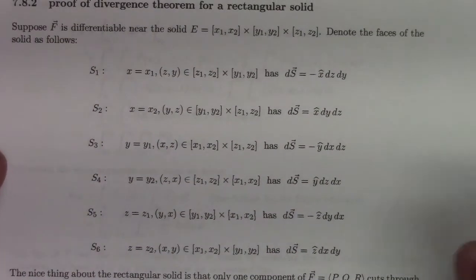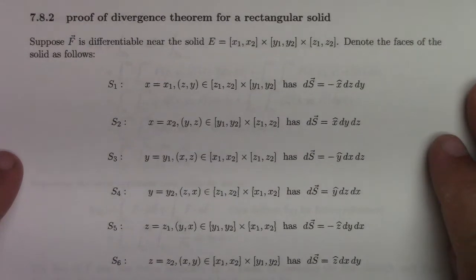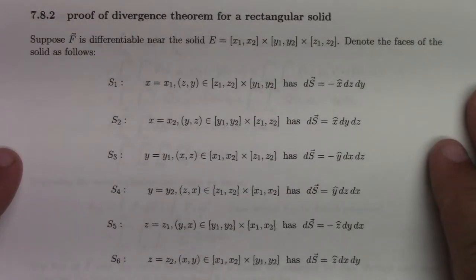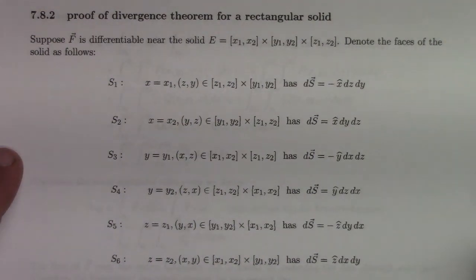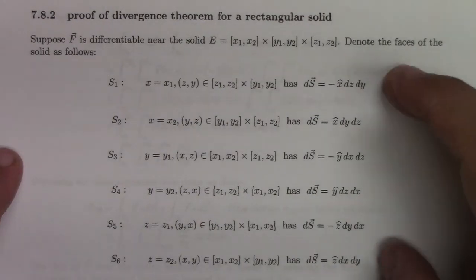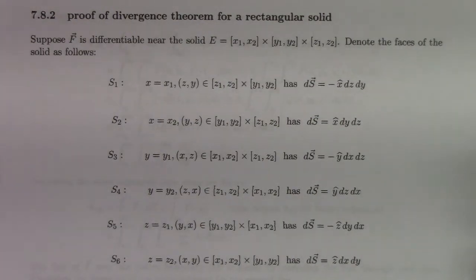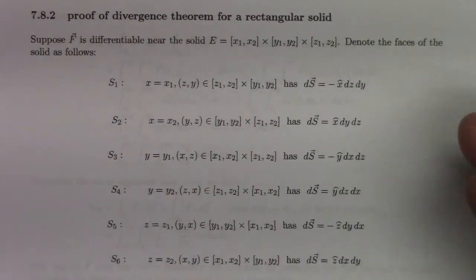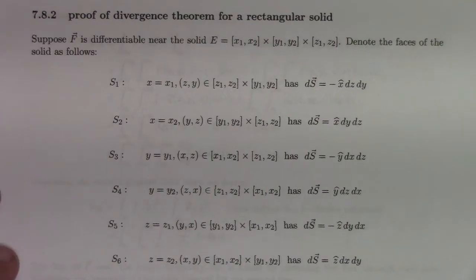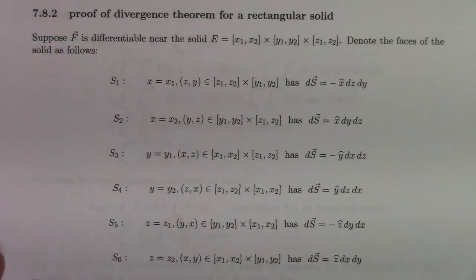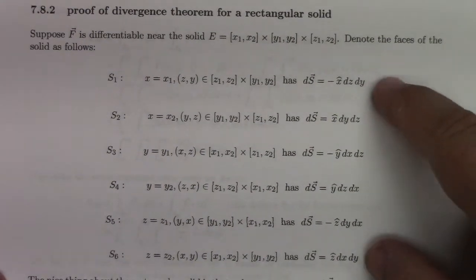And then the proof of the divergence theorem for a rectangular solid is at the end of this section, right? I looked at a solid with 6 faces, and what I'm doing here is proving it for a rectangular solid. If we can prove it for a finite rectangular solid, then we can chop another more interesting solid up into a bunch of cubes, basically a bunch of rectangular solids, and then use that summation argument I was sketching before. And so the proof of the divergence theorem over a solid with these 6 faces